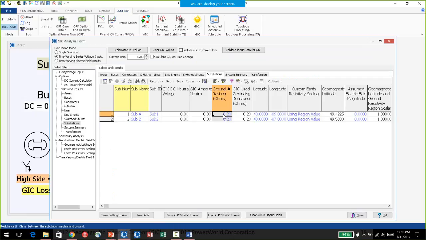And if you put in a 0 value for the grounding resistance, then Simulator, that's the default. If you open a brand new PowerWorld power flow case, and there's no information in there already, these are all going to be populated with zeros, and then Simulator will come up with a value. You actually have to, I think, recalculate.